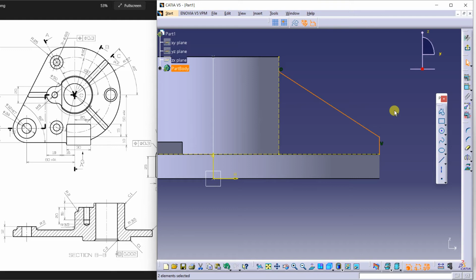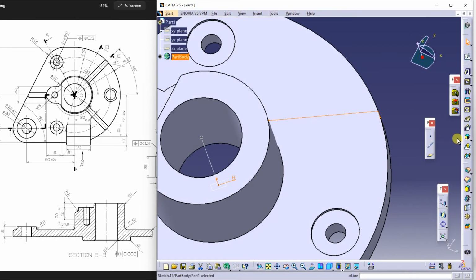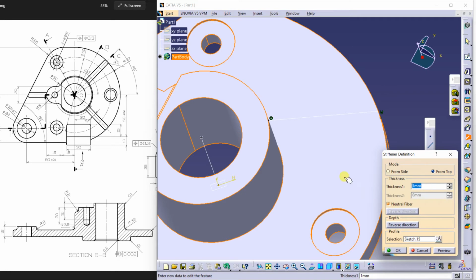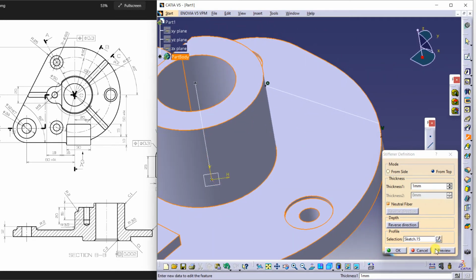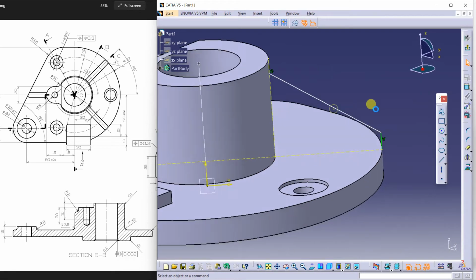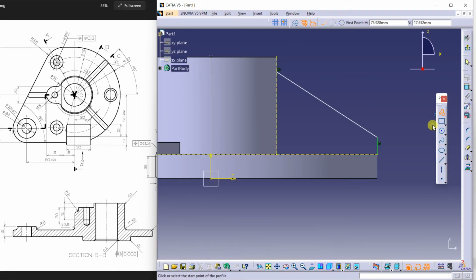Let's try the rib command first, otherwise we will extrude it. Okay, so exit, and I'm trying this and see the preview. Okay, it is not working, so double click over it and using this a little bit inside, and